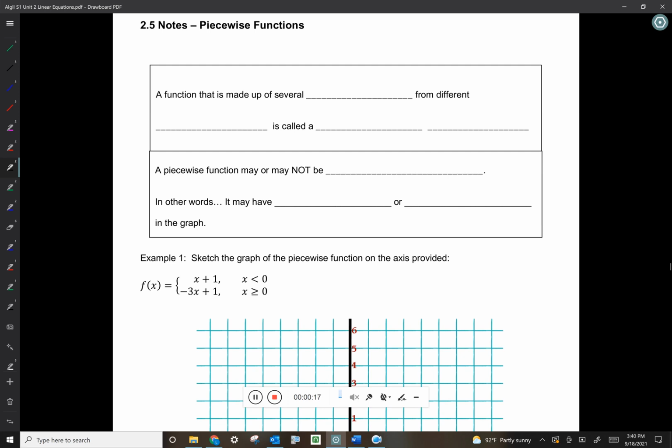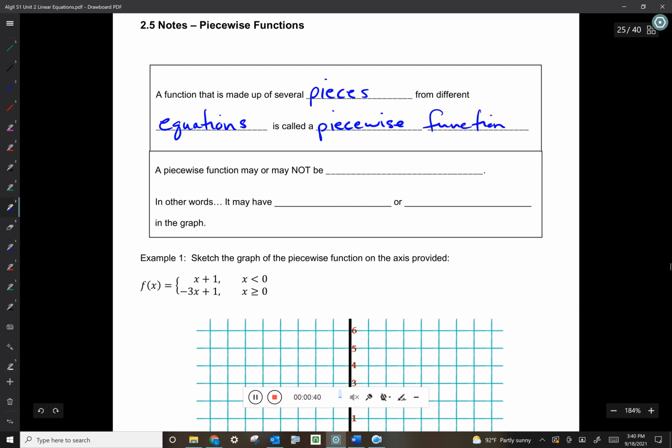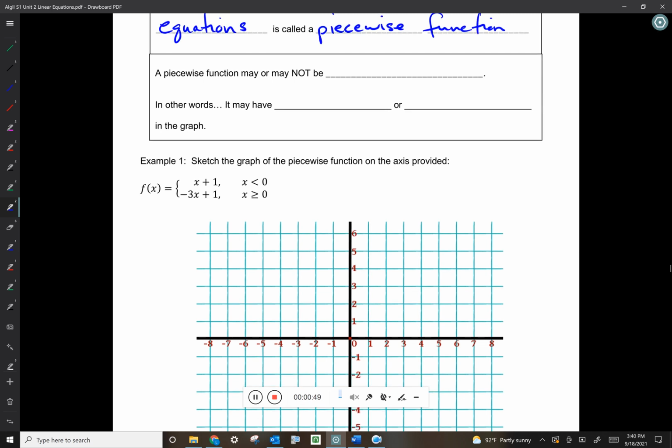All right, so a function that is made up of several pieces from different equations is called a piecewise function. Okay, piecewise function. So if you look down here at example 1,